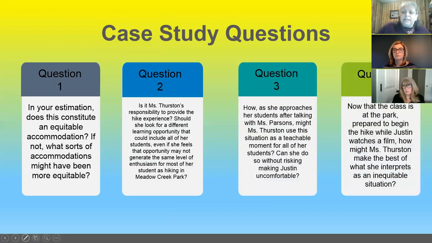Our final question is that now they're at the park, how can they fix this? How can they work and make the situation really good for Justin and for everybody involved? Asking the students and getting Justin involved in problem solving is a life skill that they will be able to take and use in all kinds of situations. Having the students walk and bring things, using what's available to them, is the best way to handle the situation rather than abandon it altogether.